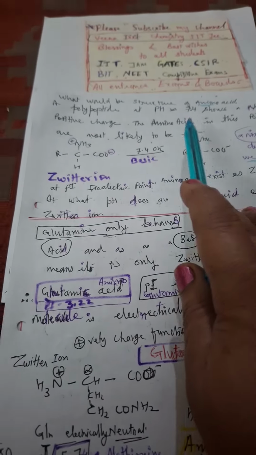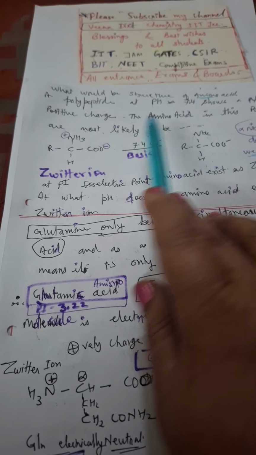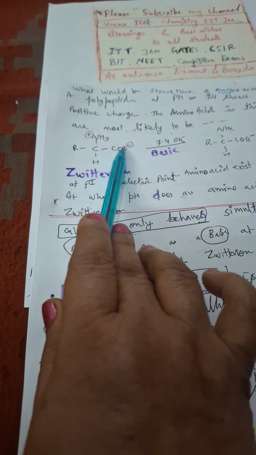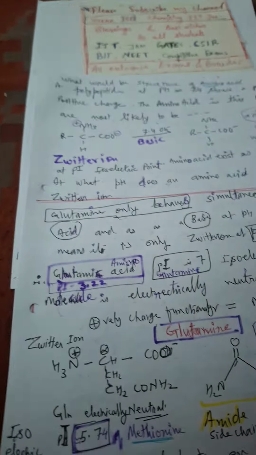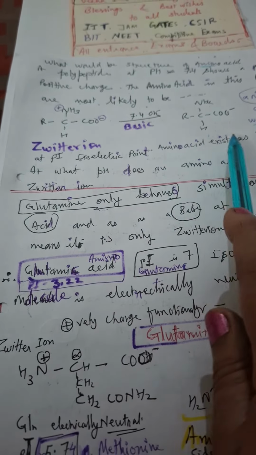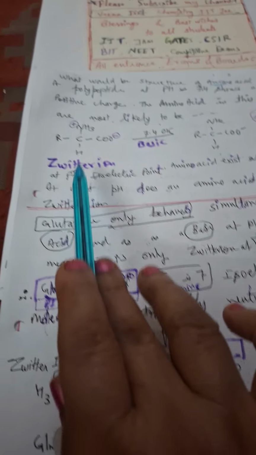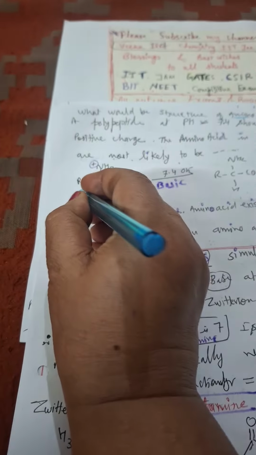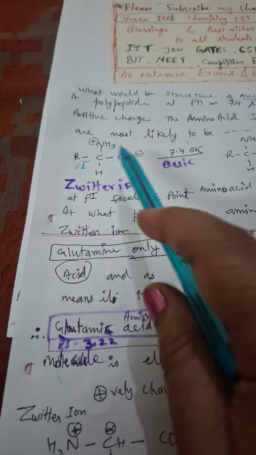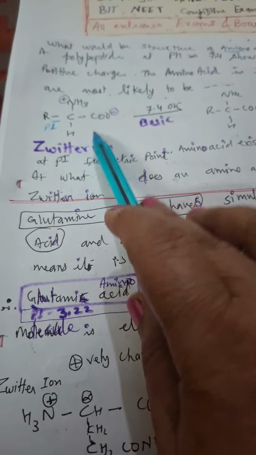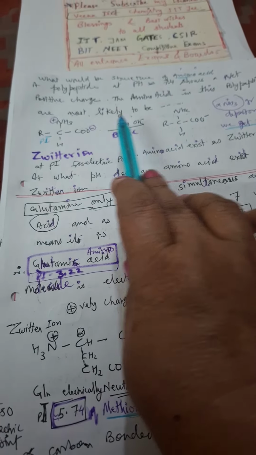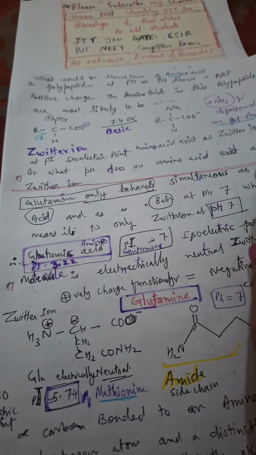In this way, this type of question can be asked. Okay, if they give pH less than 5, at that time this is protonated, right? That we will discuss later on. So at the isoelectric point, this exists as a zwitterion. So this is the isoelectric point, this is the pI point. Okay, so this is the pI of this zwitterion, and that is why it is acting as a zwitterion over here. And when we increase this pH, at that moment it will become an anion.